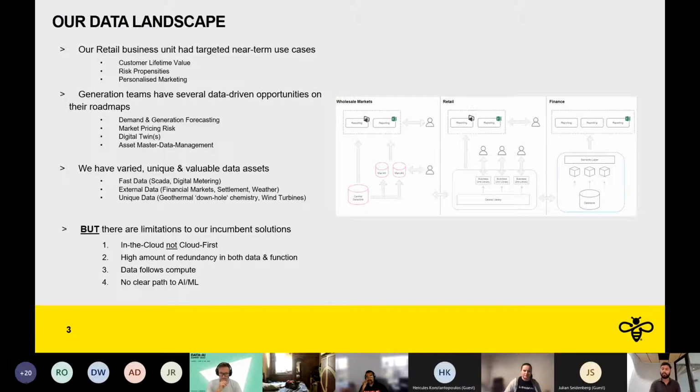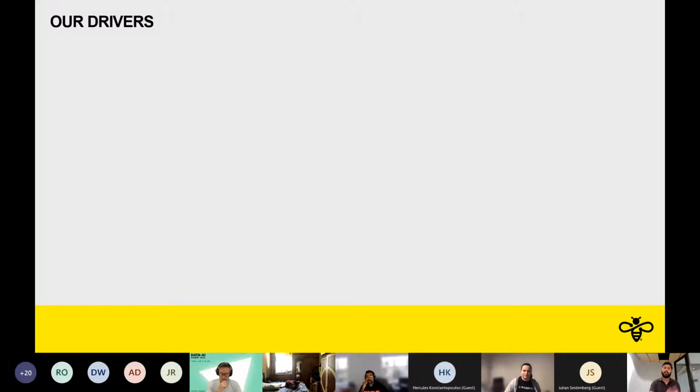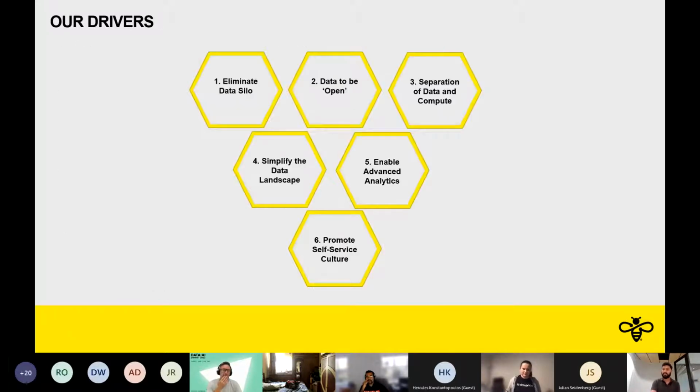So when we set out to build a data platform to solve all of that, we came up with certain drivers, which was basically recapping from the previous slides. We wanted to eliminate data silos for obvious reasons. We didn't want data everywhere and to be managing the data everywhere. We wanted the data assets to be in an open format. To Jivilay's point, having the data in open format allows you to work with it easily in terms of technology integrations, as well as giving us the ability to change technology in the future if we need to.